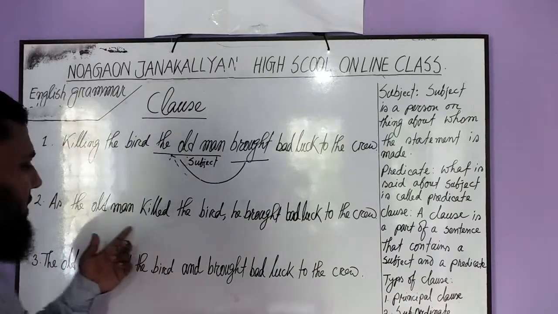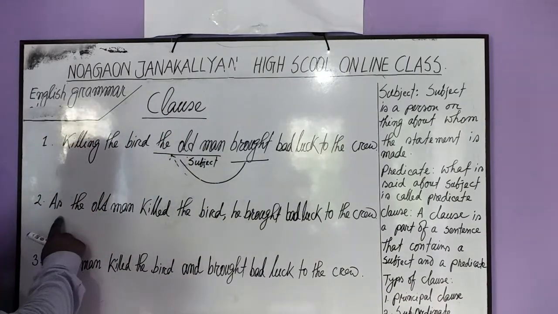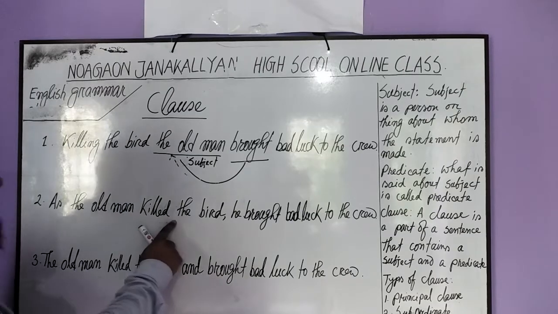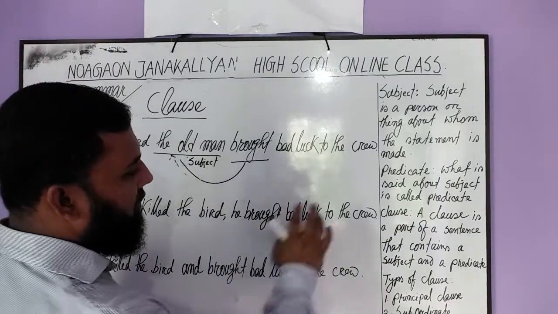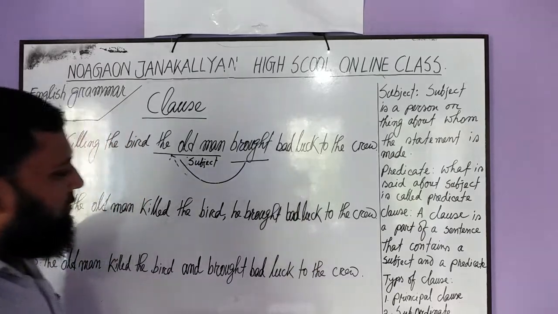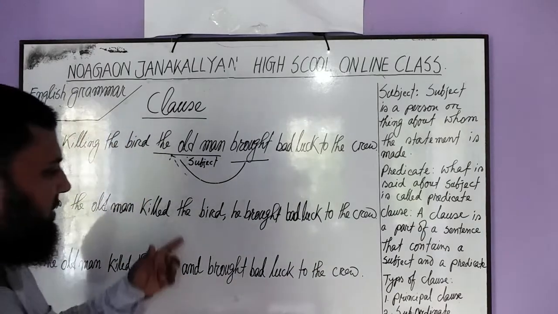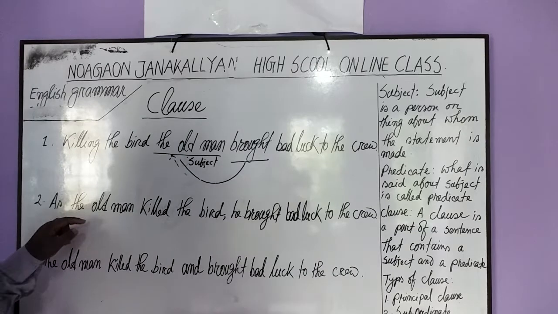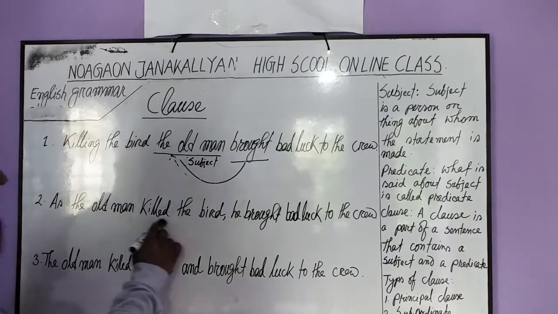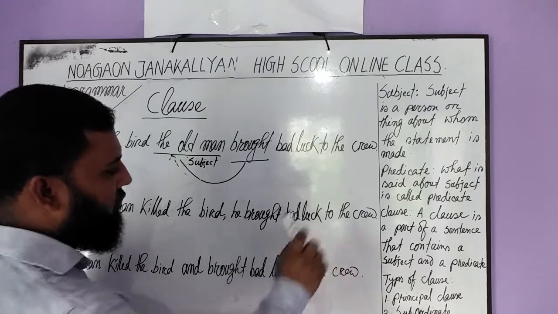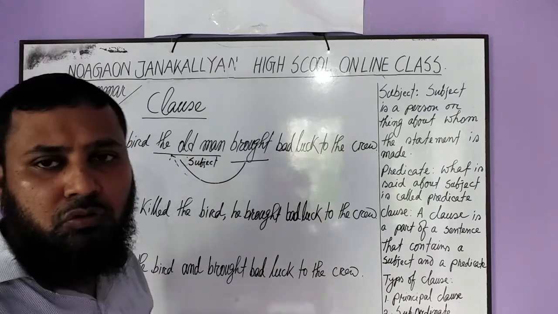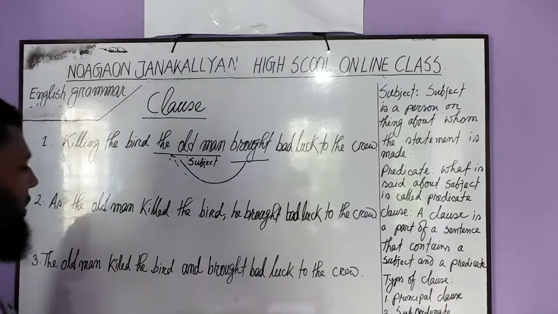Look at the second sentence. As the old man killed the bird, he brought bad luck to the crew. The Bengali meaning of the sentence is, যেহেতু বৃদ্ধ লোকটি পাখিকে হত্যা করেছিল, he brought bad luck to the crew, সেই নাবিকদের প্রতি দুর্ভাগ্য বয়ে এনেছিল।